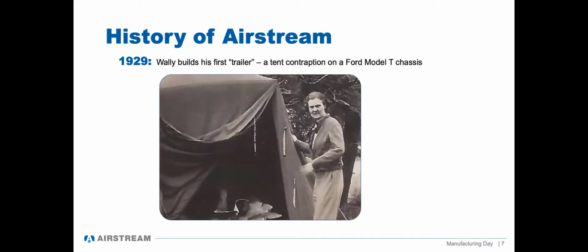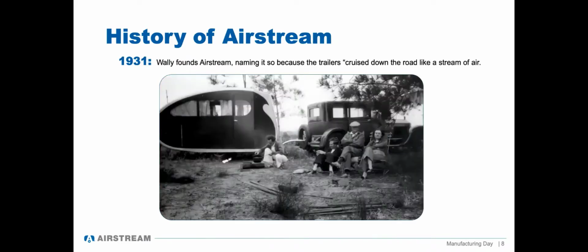His wife, however, did not like sleeping on the ground, and so in 1929, Wally built his first trailer, which was a tent contraption on top of a Model T chassis. It was mobile, but it wasn't a lot of fun in the rain, and it was a chore to put together. Wally went back to the drawing board to find a way to include all of the comforts of home